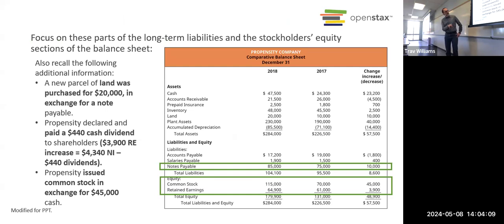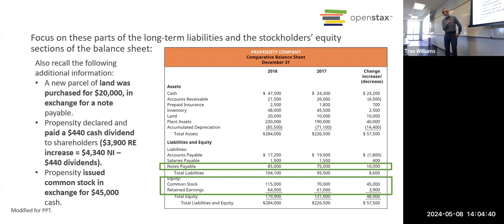So here we go for an example, notes payable. We know those are a liability, right? Those are a type of loan. So that's going to be relevant for our financing cash flow. And then down here, we have changes to common stock and changes to retained earnings. So on the balance sheet, we can get that useful information. But again, we don't necessarily know how much cash was involved in each transaction. So let's take a look here.